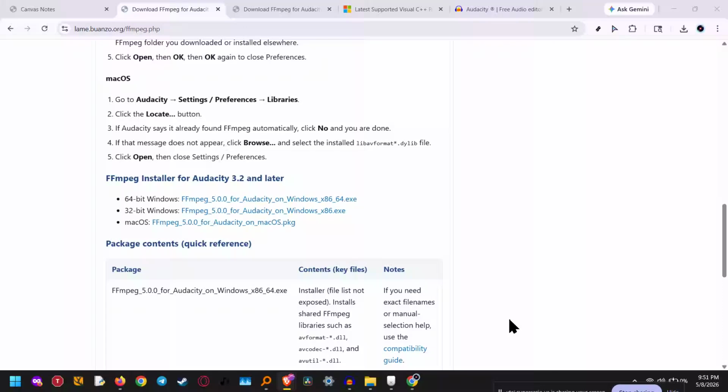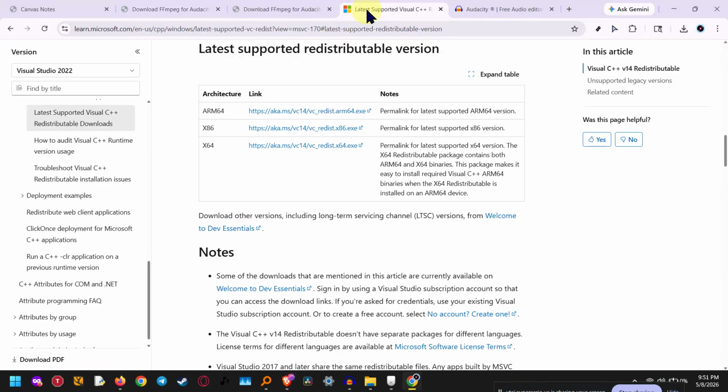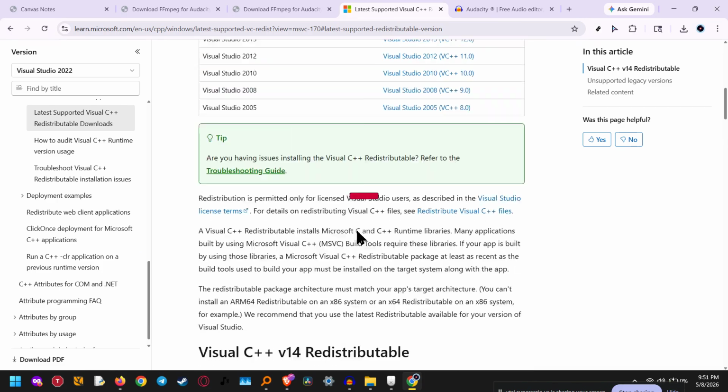If Audacity is showing a VCRUNTIME error, the most common cause is a missing or corrupted Microsoft Visual C++ runtime. The good news is that this is usually easy to fix, and in this video I'll walk you through 3 reliable solutions step by step. We'll start with the fastest fix, then move on to repairing your existing runtime installation, and if needed, we'll finish